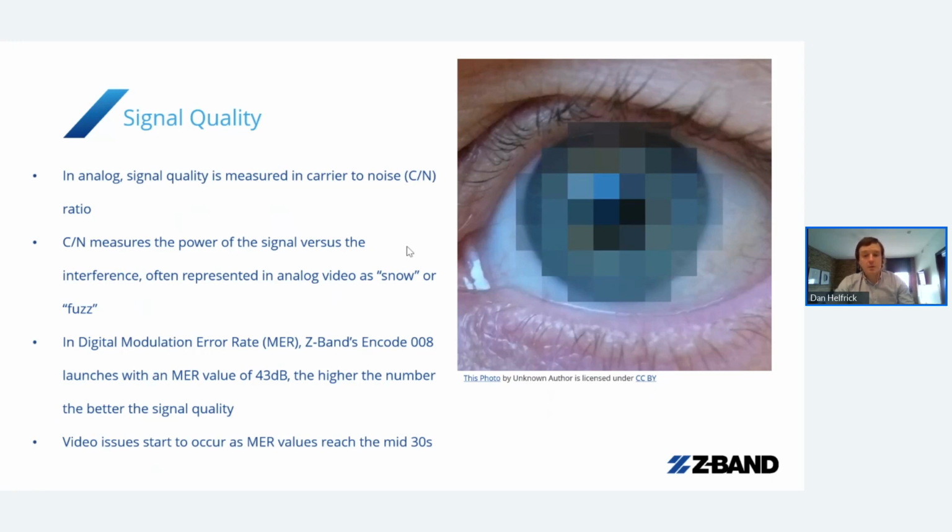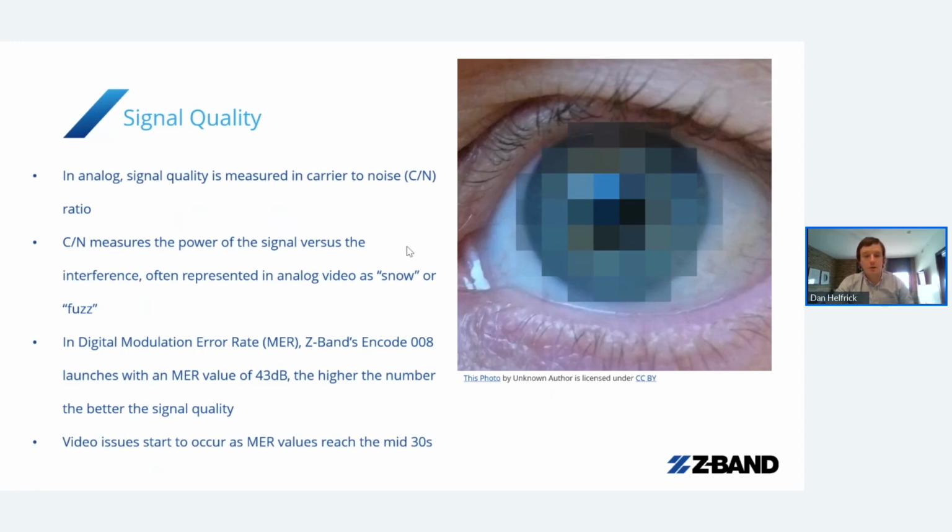Once these MER numbers start to reach the mid 30s, that is where you start to get finicky. And again, it's math, guys. It's not precise. I can't sit here and say, well, if you hit 37, you might as well throw up your arms and walk away. That's not really how it works, right? It depends on the quality of the tuner that's in the television and whether or not it can do that. There are some other factors that help determine whether or not an MER in the mid 30s is recoverable or not recoverable. Once you start to get down into the 20s, then you universally say, oh, this isn't good. We're in trouble. And so with the Z-band encode 8, what we launch at is a MER value